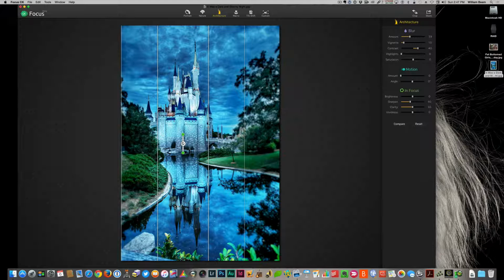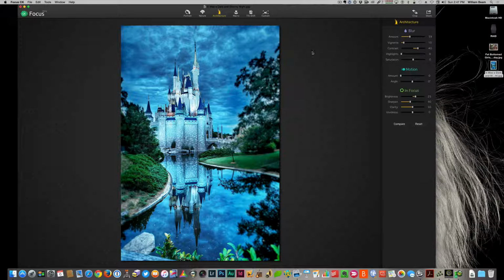This line over here, or these two inner lines, are giving you the area that's in focus. The lines over here on the outside are kind of helping your feathering as to how much you can have or how much you want to take away from it. We can do the same thing again, click brightness over here just to give a little bit of a spot to our subject. And again, you can add sharpness and clarity if you need to.